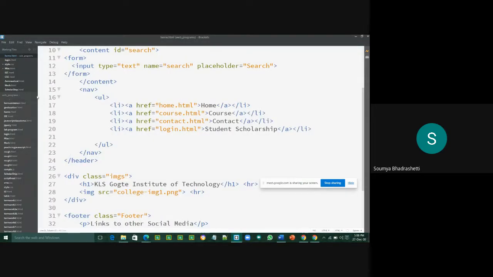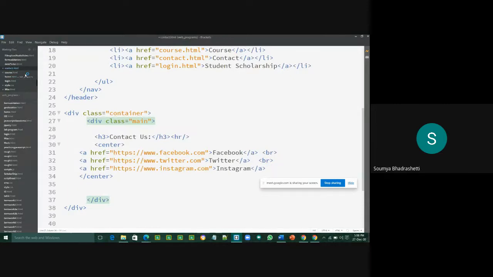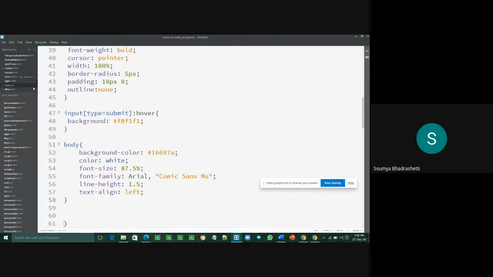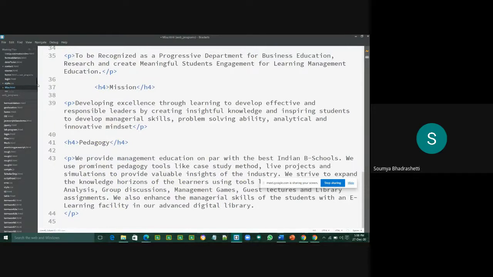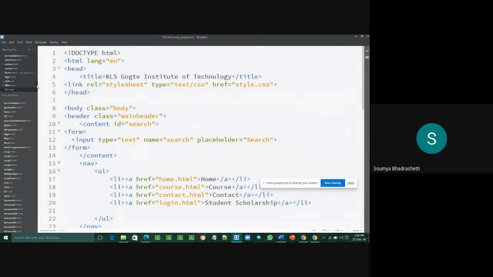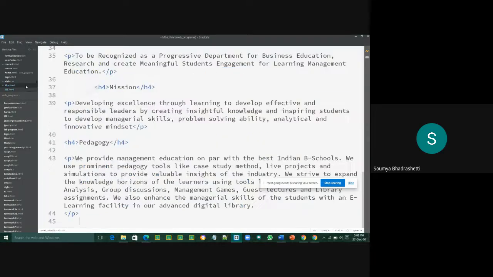See, here we have created multiple pages, multiple HTML files, one file for the contact page, one for course, one for home, and login page, and we have included a separate style.css file also, and created the courses homepage. We have created separate HTML files, and here as you can see, we made use of CSS and Angular JS also we have included.